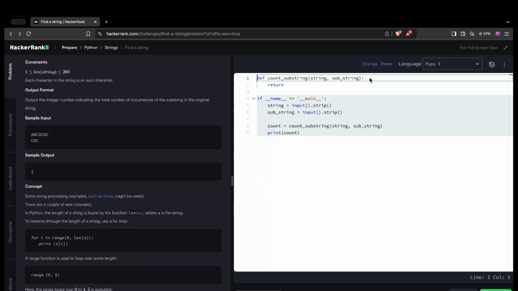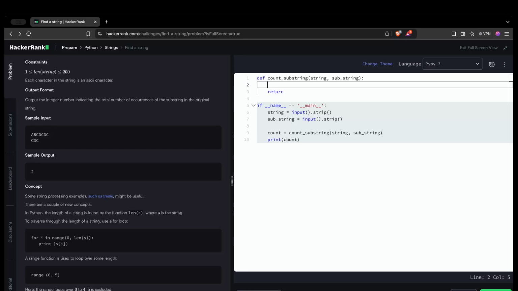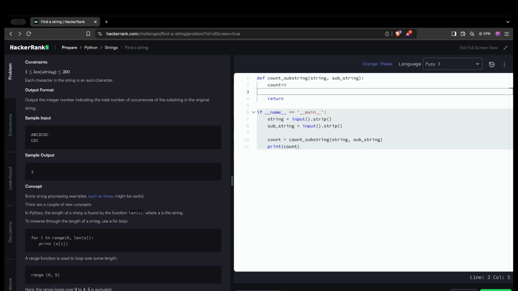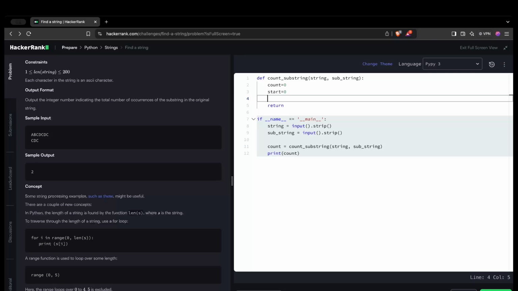How I'm going to do this is to initialize a counter to track the occurrences of the substring. Now I need to initialize the starting index for searching. I'm defining this. Next, I am using a while loop until the starting index is less than the length of the original string. So while start is less than the length of the original string,